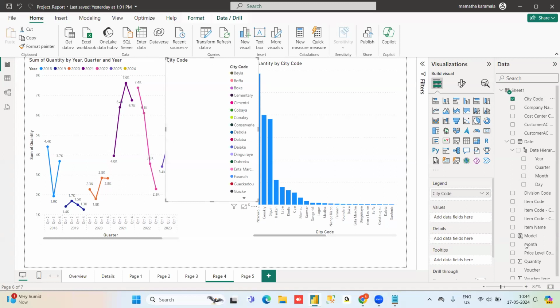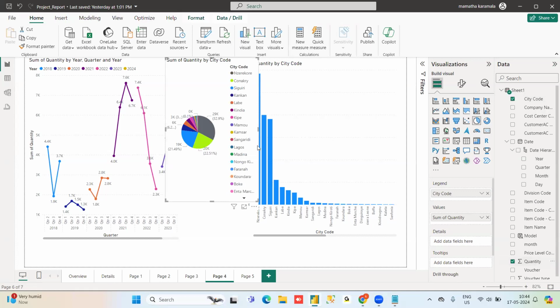In values I am taking sales or quantity, whatever I have. Normally this type of thing is not suggestible, but see, number of cities are there. So here you can still represent your data.